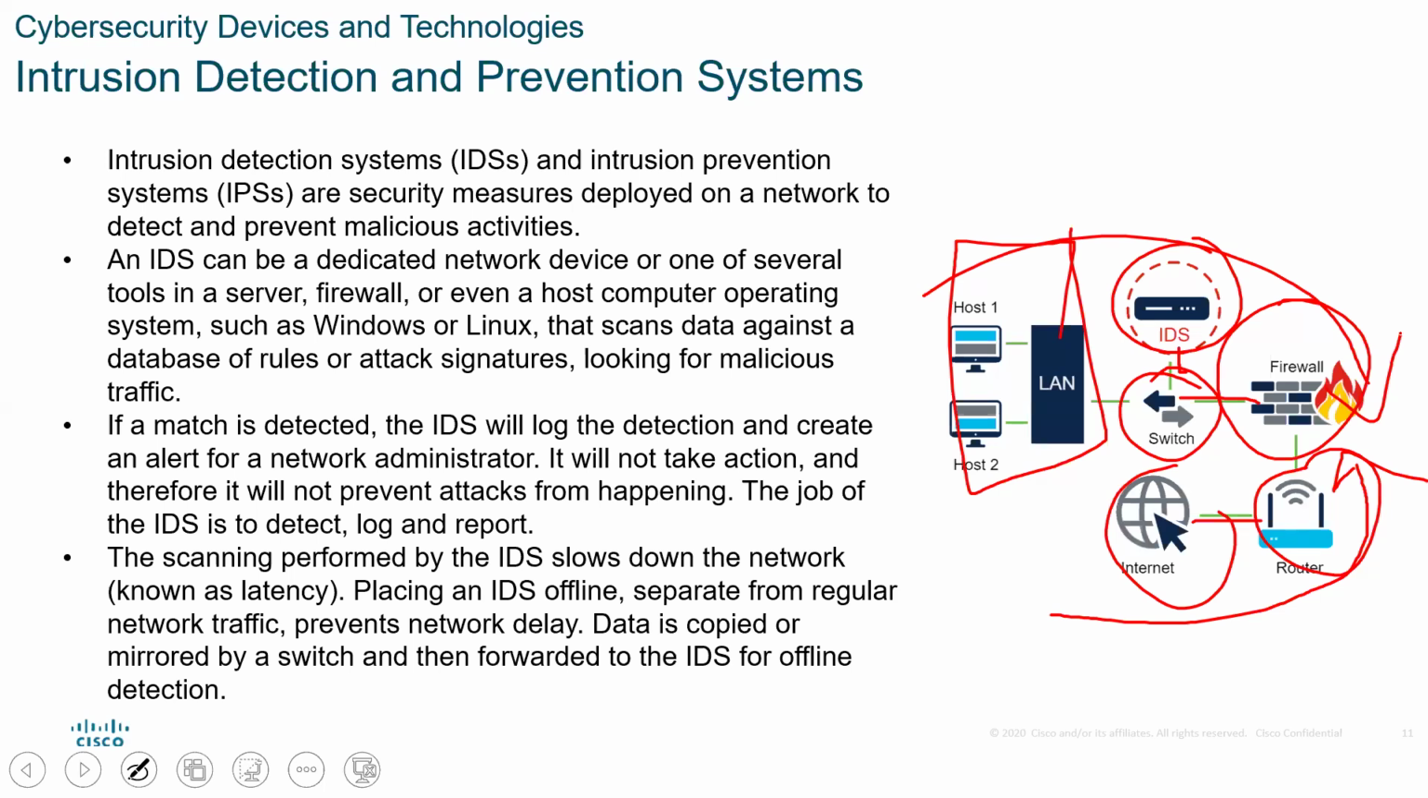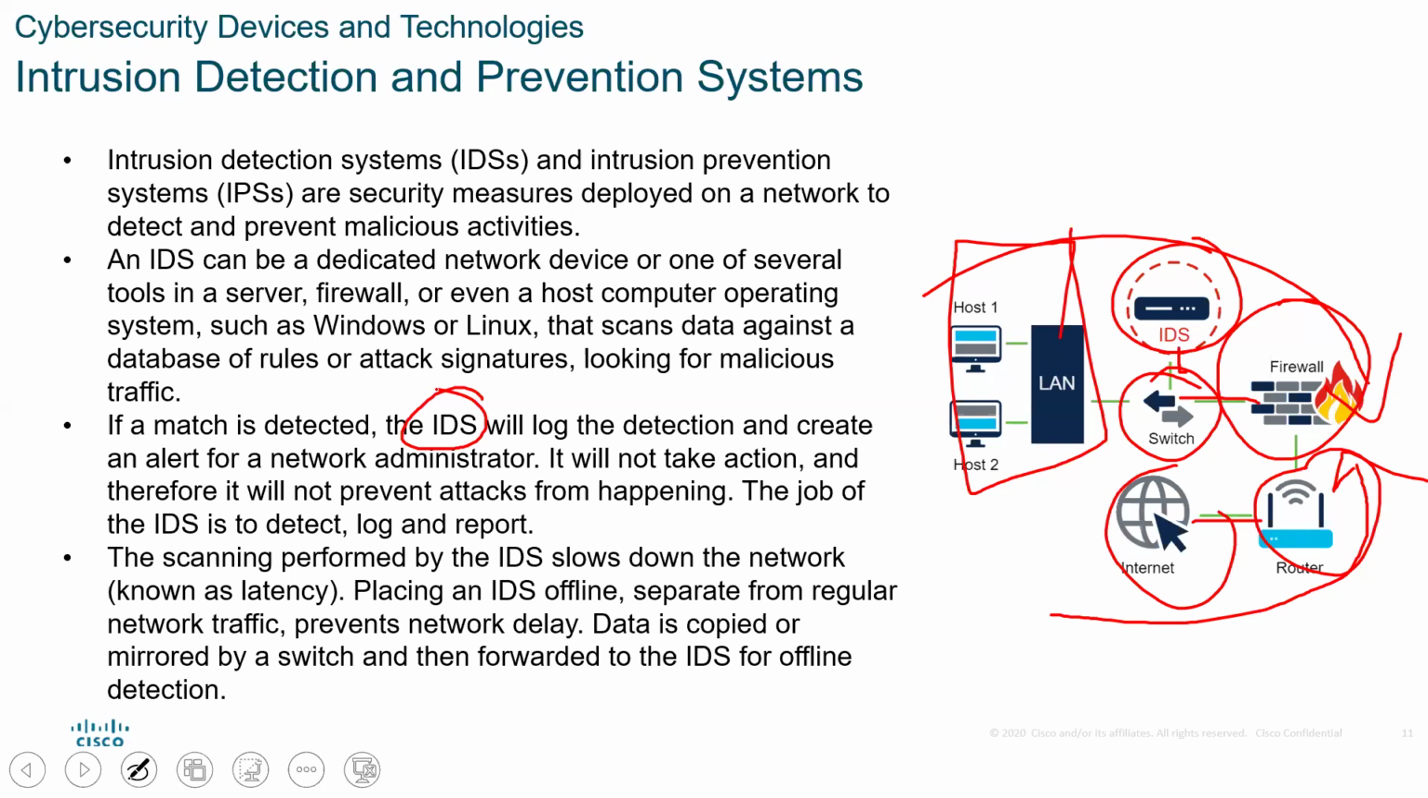It will not take any action and therefore will not prevent an attack from happening. The attack will still happen. Its job is to do what? To detect. It's just to detect and report. So the scanning performed by the IDS slows down the network, placing the IDS offline, separate from the regular network